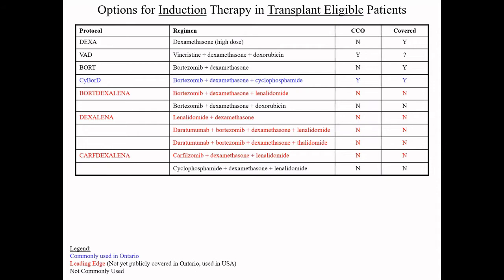So what I see most often in Ontario is the one that I've highlighted in blue there. They call it Cybor-D. It's got 3 medications in it called bortezomib, dexamethasone, and cyclophosphamide, and we'll examine that in a bit more detail later. That's still what I'm seeing most often as induction therapy, so first-line therapy in patients who are eligible for a